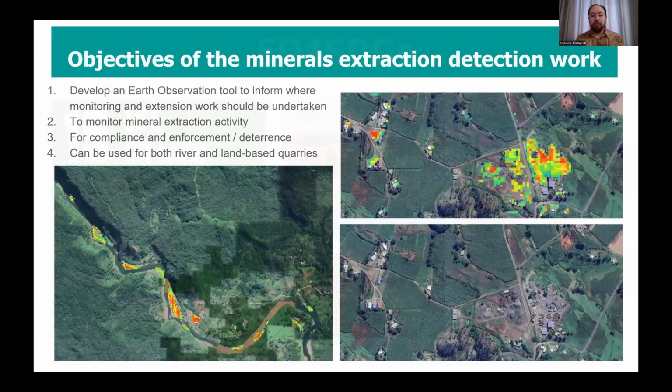For this project, we were tasked to develop an Earth observation tool to inform where monitoring and extension work should be undertaken. So this is a spatial prioritization tool to monitor mineral extraction activities. And this can be useful for monitoring both compliance and for enforcement in terms of areas where there are mining.